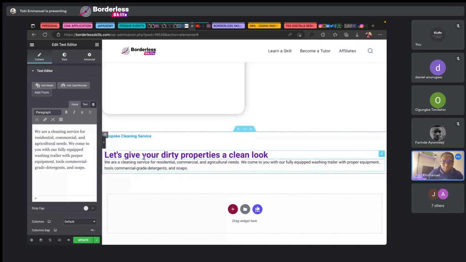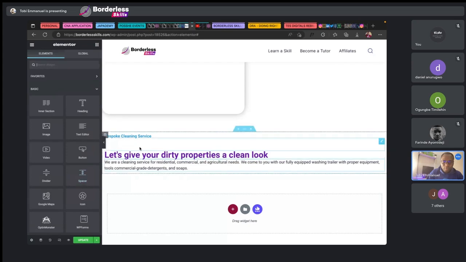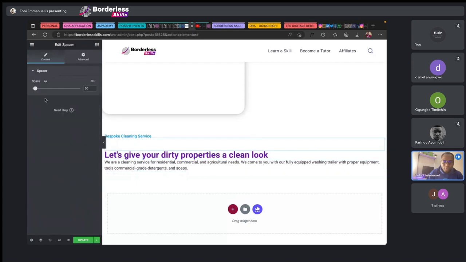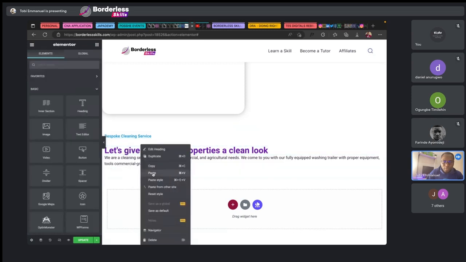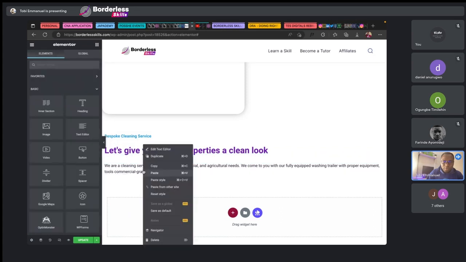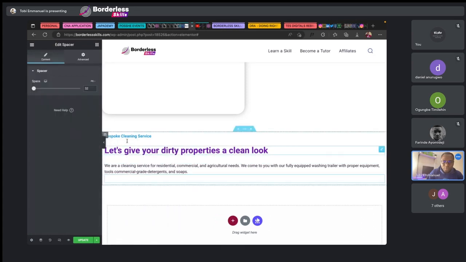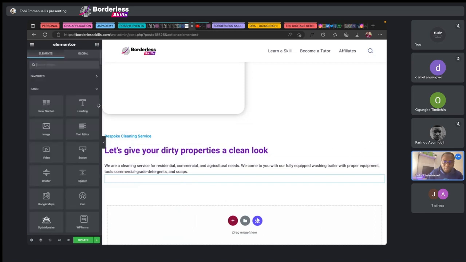We need this space. We need to reduce this space. Copy the space. Put a space inside here. We also need another space after this. Paste. So now within the button,